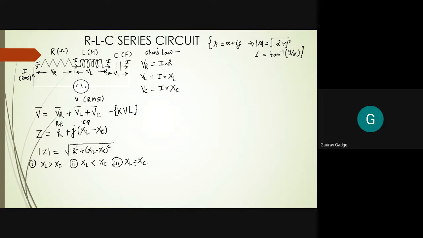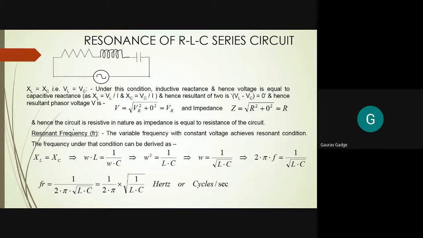I think you have studied this concept in physics. Okay, so I will just show you. That concept is called the resonance circuit, the resonance concept. Resonance means what? Whenever you have R, XL and XC, when XL is equal to XC, or when the voltage drop across the inductor is equal to the voltage drop across the capacitor, the condition is called the resonance condition.